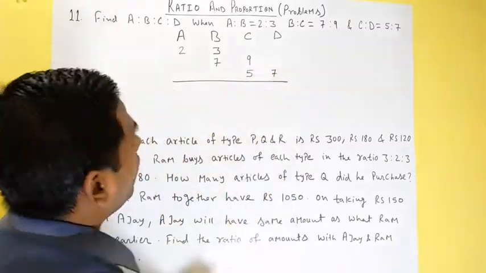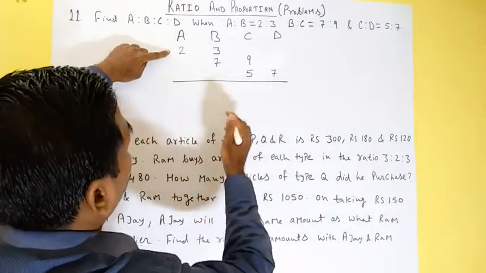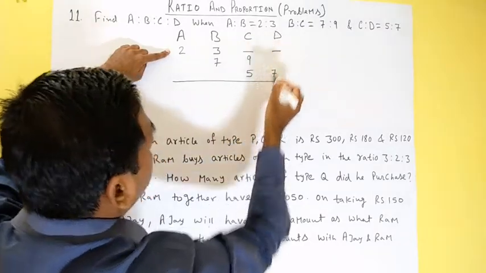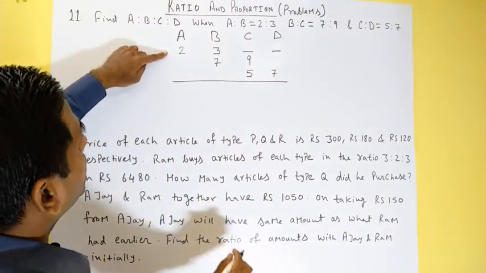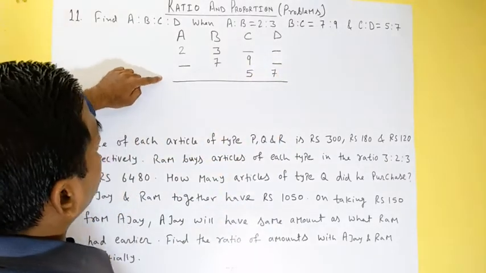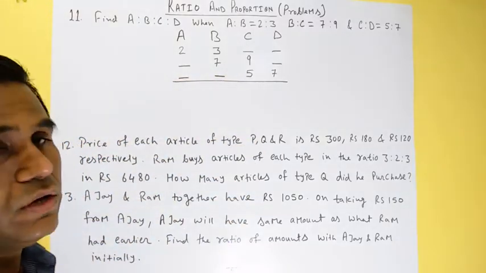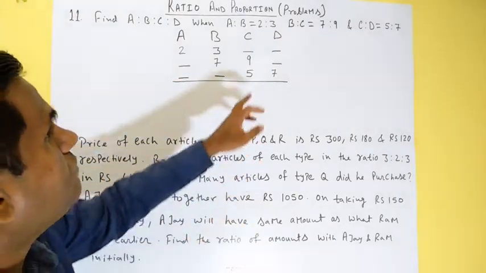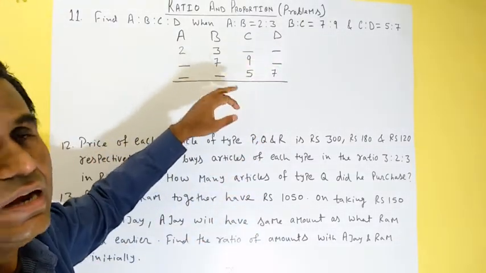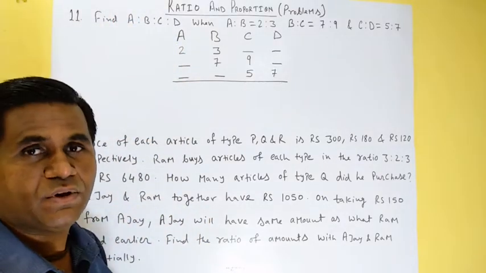Now what we have to do is see that in the first row we have 2 missing digits, right? In the second row we have missing digits here and here, and in the third row we have these 2 numbers missing. So we'll quickly fill in these missing ones, and then upon multiplication we will get the result. So how to fill the missing ones?